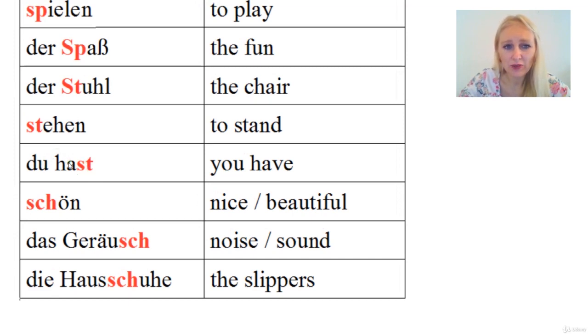In southern Germany we have some dialects where you would pronounce it as "hasht". Okay, like in the Schwabenland, as we call this region. So you would say "du hasht", but this is just a dialect. Okay, so the standard German, or let's say clean German, this is what you are learning in this course. You just pronounce it as du hast. Okay, because we have many dialects in Germany. Some even natives don't understand.